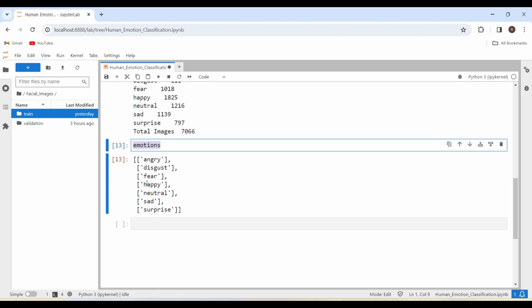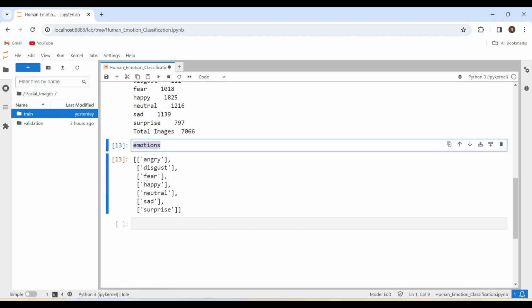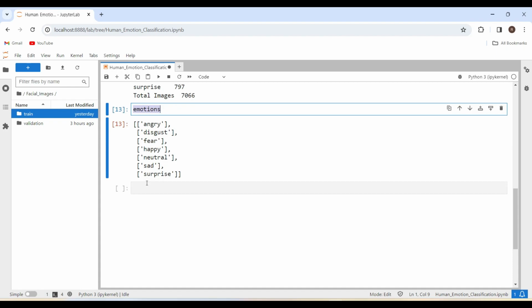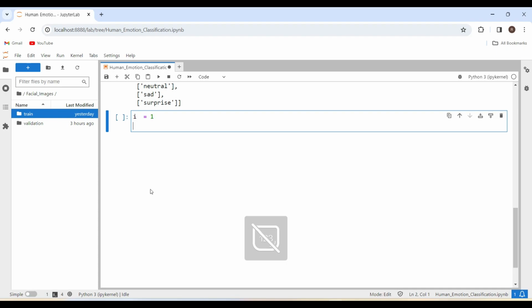Now we have taken the category. What I'm going to do now is print some images. I equals 1. Let's print 7 images from 7 different emotions. For expression in os.listdir of the training data path,